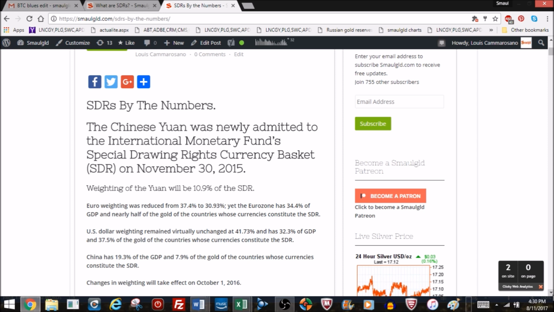China joined. They were voted in November of 2015 by the IMF, and the weighting took effect October 1st, 2016. Now the yuan gets 10% of the SDR, and one of the reasons the United States, they say behind the scenes, was against letting China in is they didn't want to give up their weighting. They took it away from the euro, the pound, and the Japanese yen to let in China. So that was probably a deal the U.S. cut: to let China in, they weren't going to have their weighting of the basket reduced.